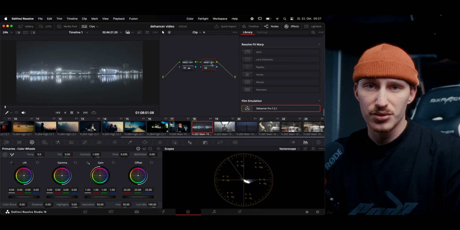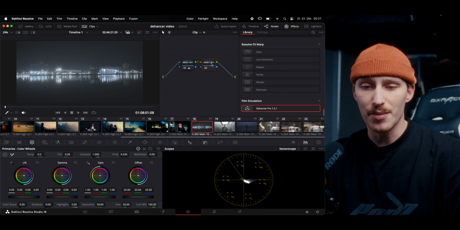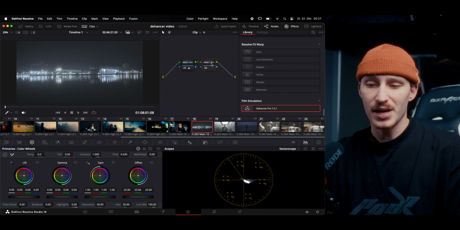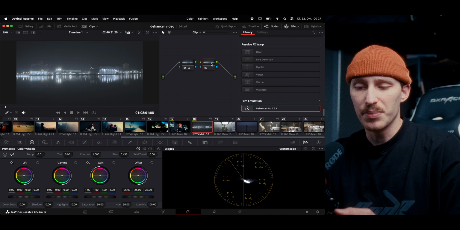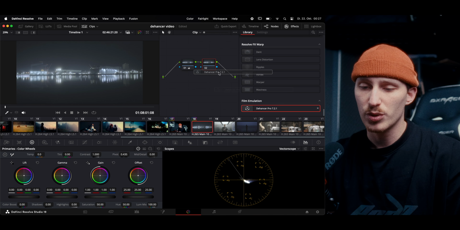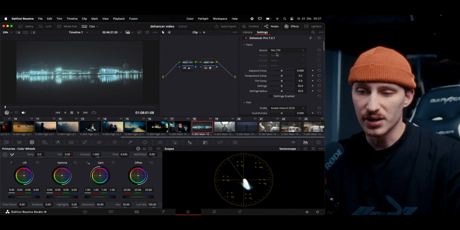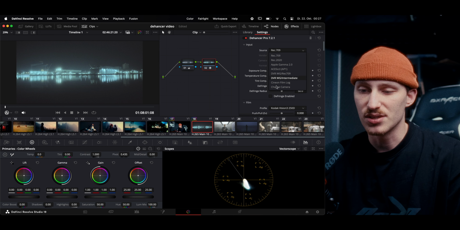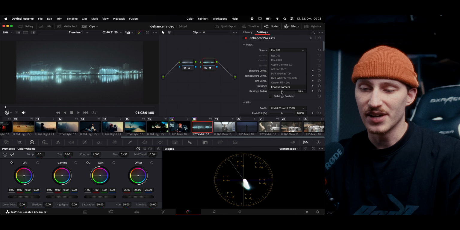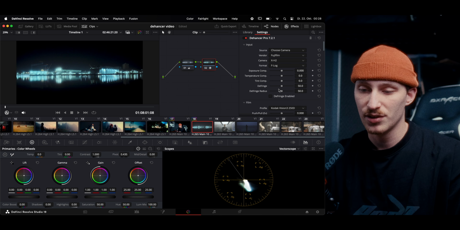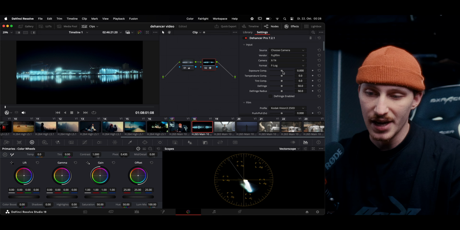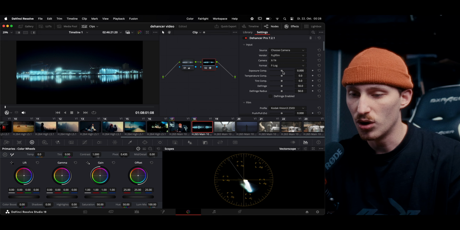You can convert to Rec 709 if you shoot with multiple cameras, like matching all of them and getting them to Rec 709 and then applying Dehancer. But in this case, we just take the Dehancer and put it onto our clip. And this is where we select the source: Rec 709, Cine on Film Log and stuff like that. But we choose camera, select Fujifilm, in my case, the X-T4 and F-Log. And this is where we can start and have a whole bunch of